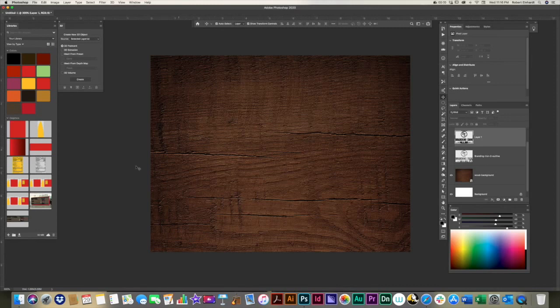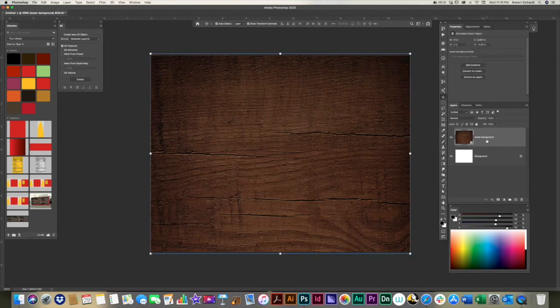or text. I have this wood piece that I found. It's an image I found from online and I just placed it in here. I would suggest using a high resolution wood piece to get a nice effect. So I have this. I would like to do a burn effect on,